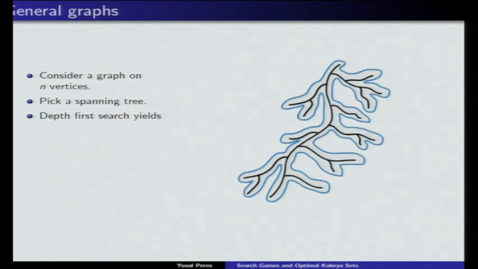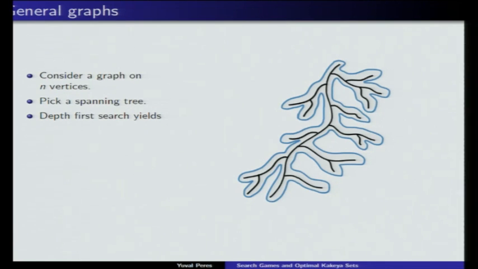So if the hunter plays as if he's playing on this cycle, we know he will capture in time n log n. The fact that it's not really a cycle means that certain vertices that are distinct on the cycle are identified in the spanning tree. But this just means that the hunter might bump into the rabbit even faster on this graph than on the cycle. So the upper bound of n log n still applies. So there are graphs with n log n, like the cycle. There certainly are many graphs where the answer is linear.